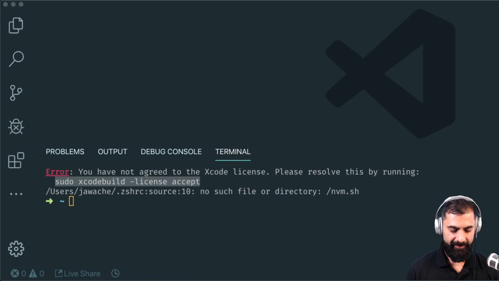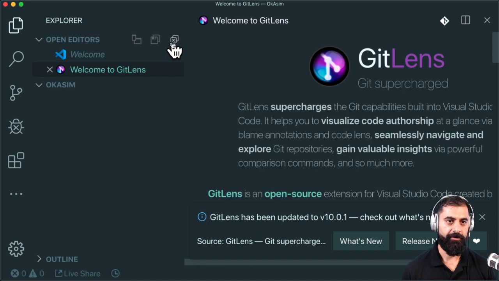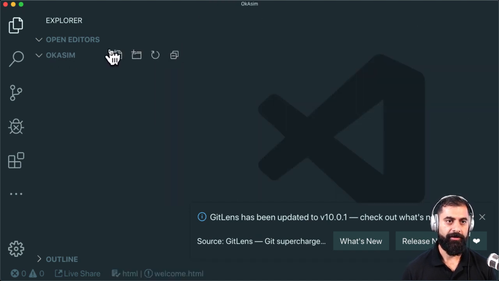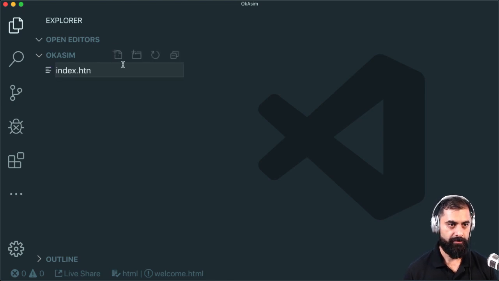Open up folder. I'm going to open up this one. Okay, here we go. All right, so I have opened this. The only difference between this and what you saw before is I've actually opened this up in a folder called OKASM. So now I'm going to create a file called index.html.